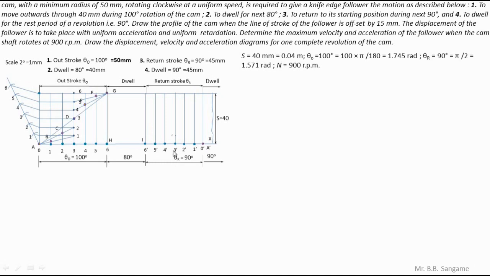Okay, so let us divide the middle line in the 6 equal parts. You can just transfer these points, just draw the projection lines and you will get the 6 equal parts at here. Or you can transfer by using the compass also. You can take a distance of 3 to 1, 1 to 2 and transfer on this vertical line, 3 dash line. Okay, so I have named these points 1 dash, 2 dash, 3 dash, 4 dash, 5 dash, 6 dash. This is because to bifurcate the return stroke.